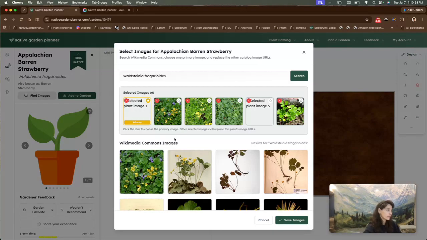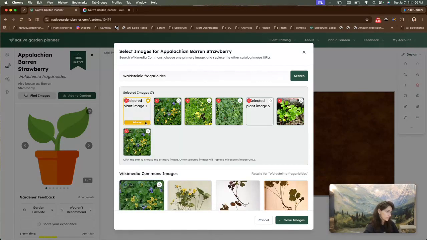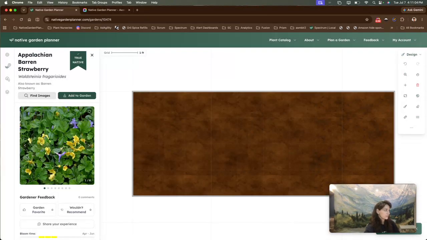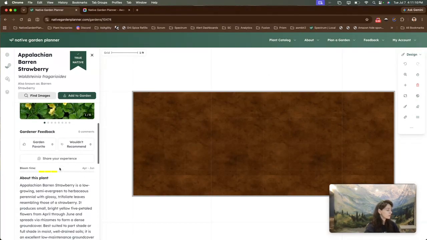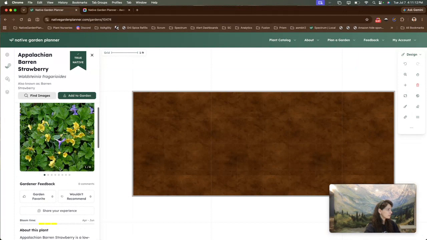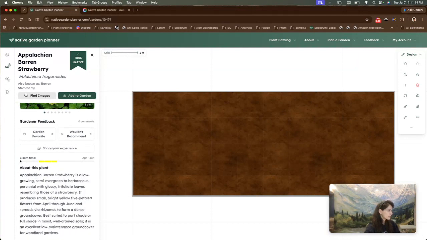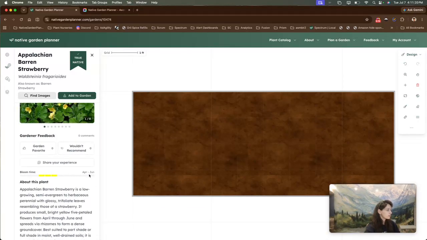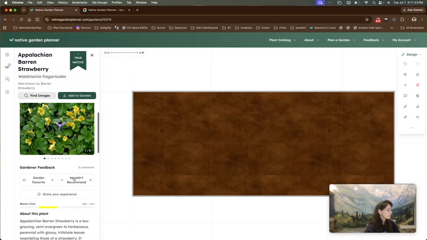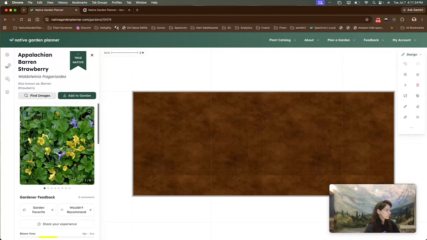Find images, I already quickly ran through, but you can search Wikipedia Creative Commons for an image that will serve as its preview image when you toggle this design mode. And you can just see what the plant looks like as people have photographed it in the wild. You have this little bloom indicator that shows you the rough color that it has. It's going to be this yellow flower from April to June, depending on your